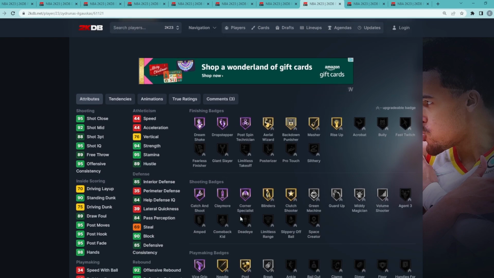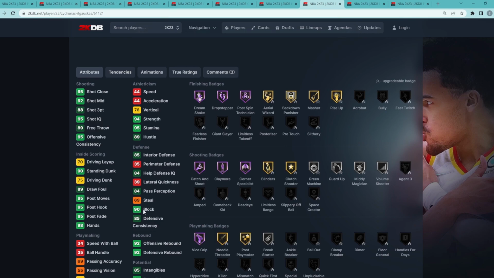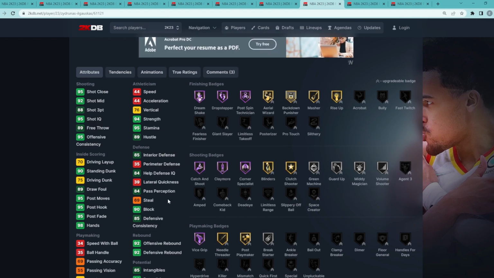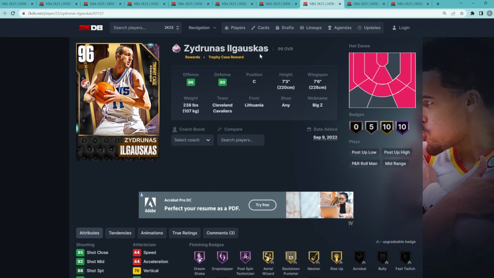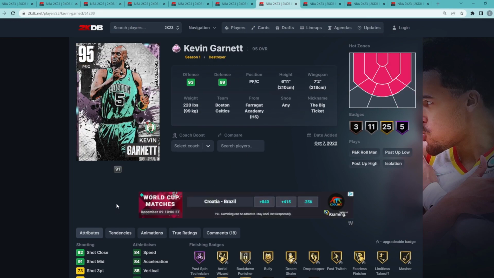He's got Hall of Fame catch and shoot, Claymore, corner specialist, and he's going to be a very solid interior defender as well, having a 90 block and an 85 interior. So overall, I think he's going to be the 8th best center in the game. Coming in here at my number 7 spot, not necessarily going to be a primary center, but it's going to